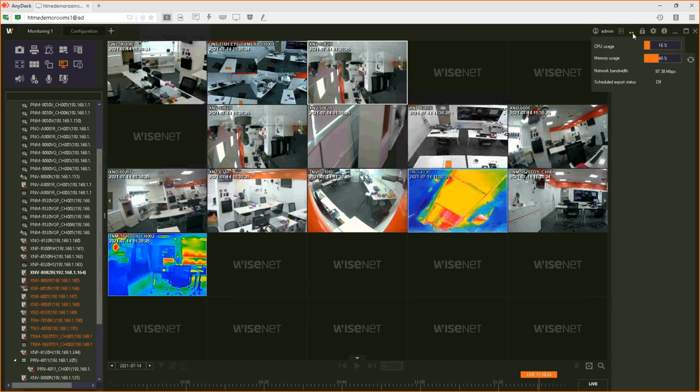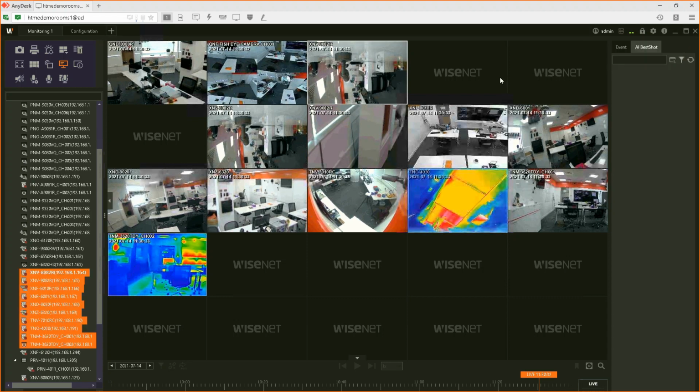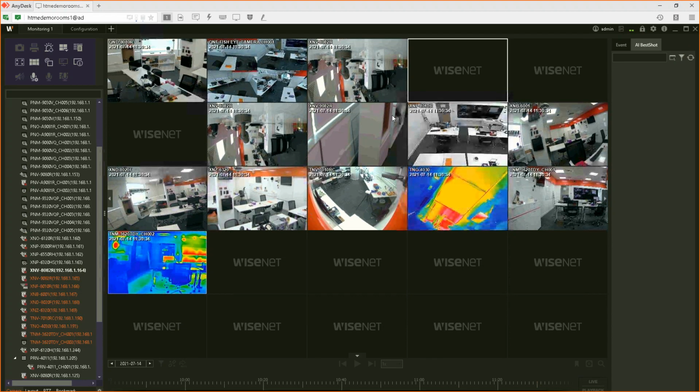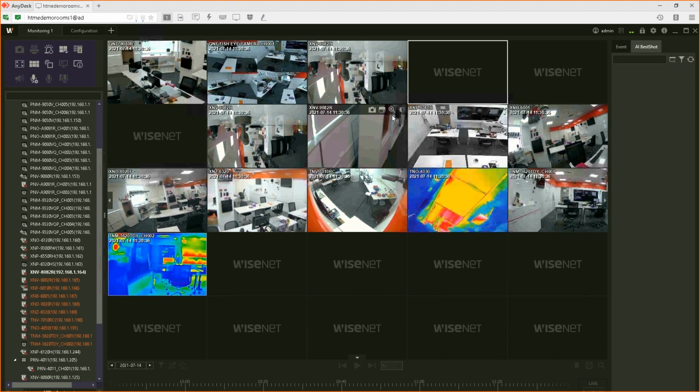Even if you pull out multiple cameras, your CPU usage will not increase. So we have tested it actually with just i7 16 GB RAM, Intel built-in graphics card. We have tested for up to 128 cameras you can see in one workstation, even without a graphics card. So that is the capability when you use this.